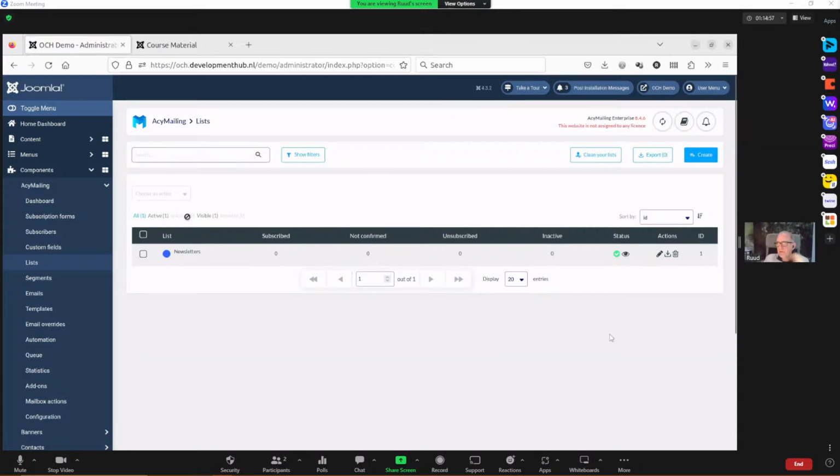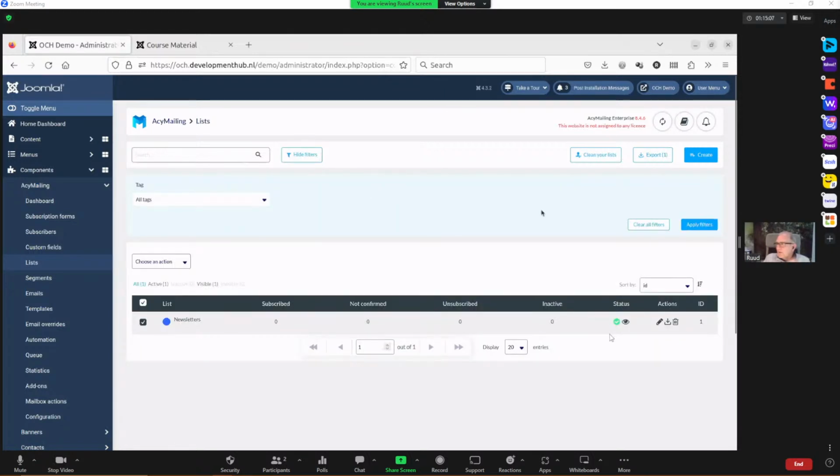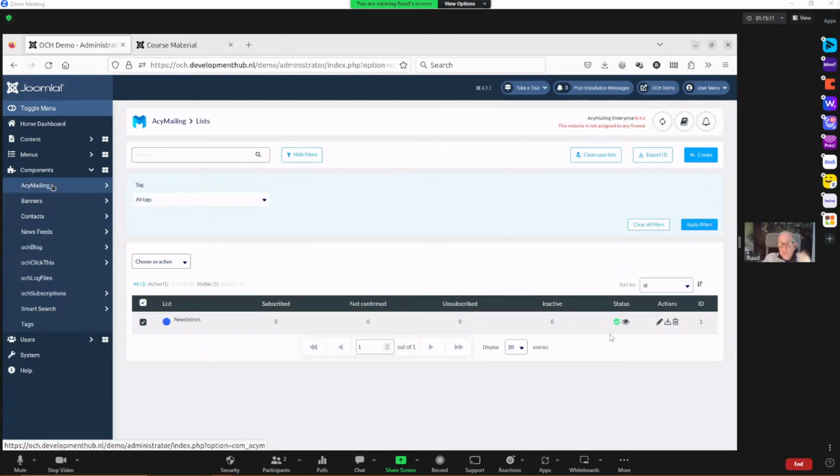And now I have to find out how this all works again, because that's not core Joomla. Joomla does it in a different way. Not to bash AcyMailing, because I use it a lot. It's one of the best, but I try to stick as much as possible to Joomla,